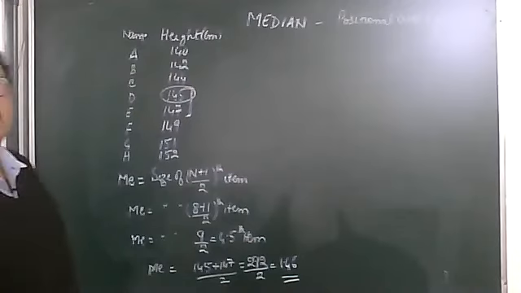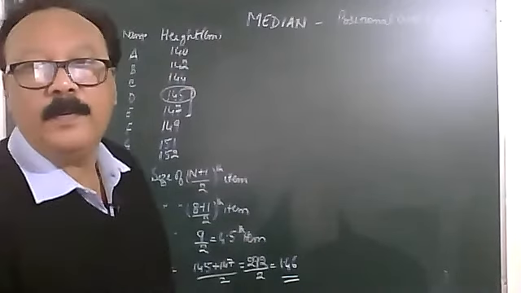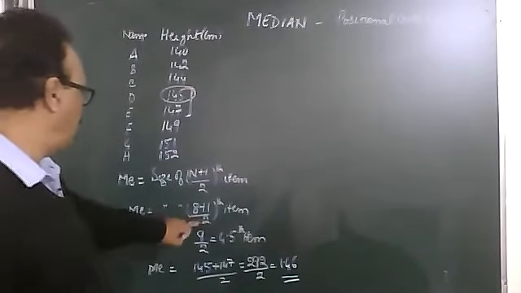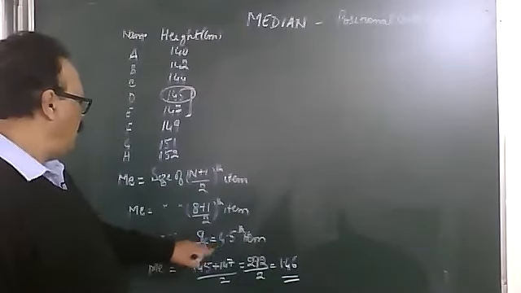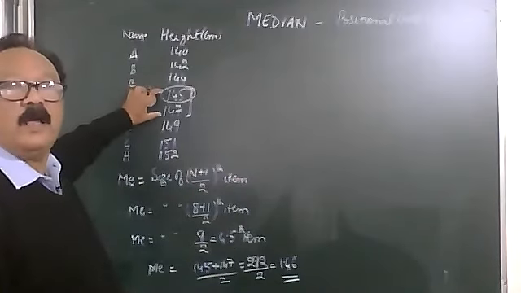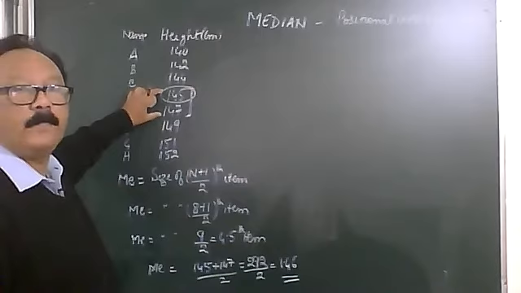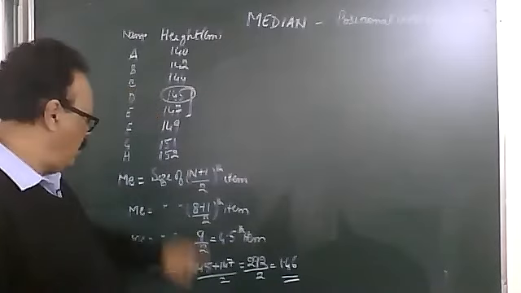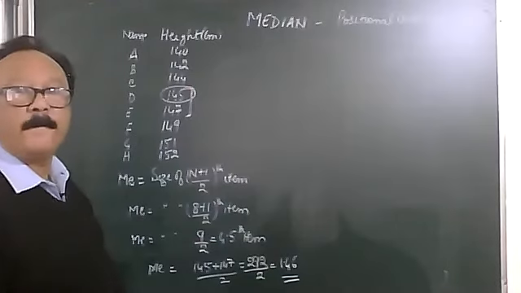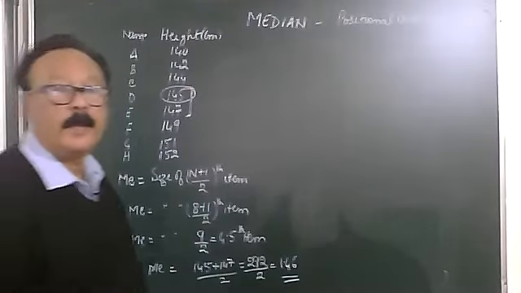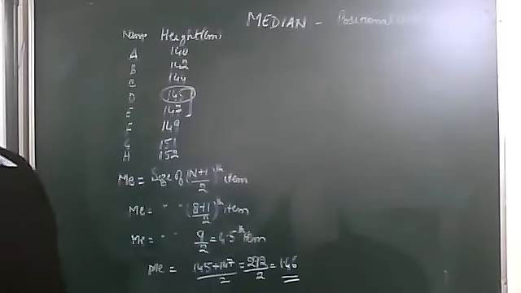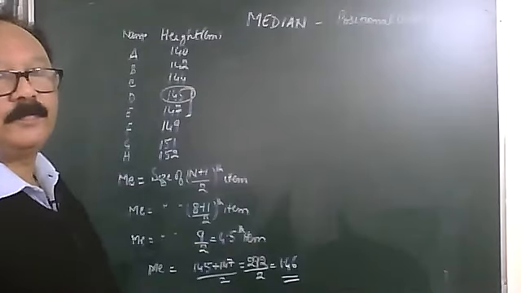So children, when the value is an even number, then you will get decimals, like here, 8 plus 1 is equal to 9 upon 2 item, the 4.5th item. Here you will take the average of the 4th and the 5th item. Understood? And that will give you your median. Is that okay? Good. Thank you. This was the individual series.